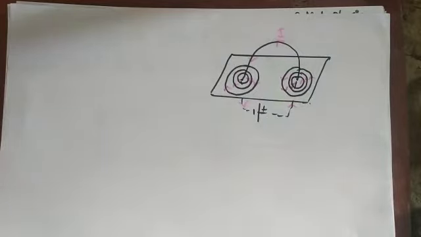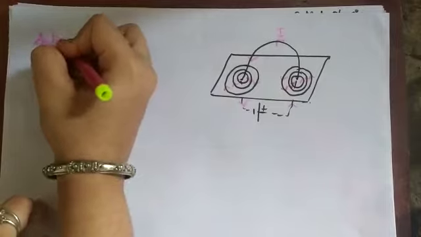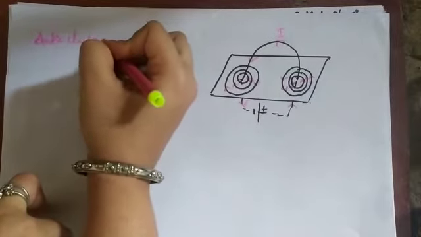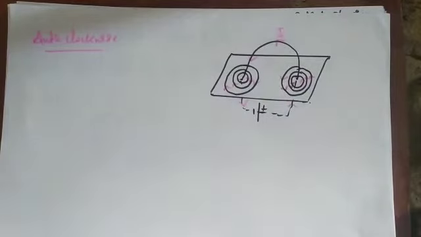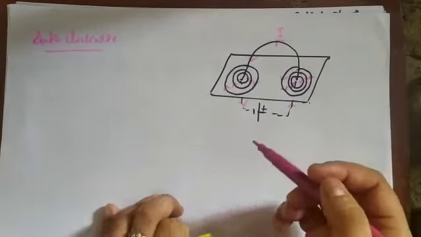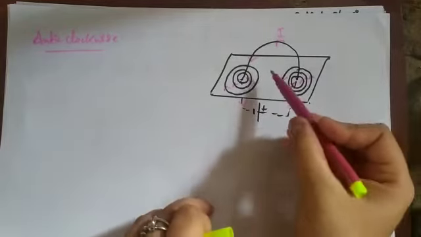So now by the right hand thumb rule we have defined the field lines. This is in the anti-clockwise direction. I will consider this as anti-clockwise. Previously we discussed the clockwise direction. So now I'll find the polarity, which is the north pole and which is the south pole. Here also, same concept.